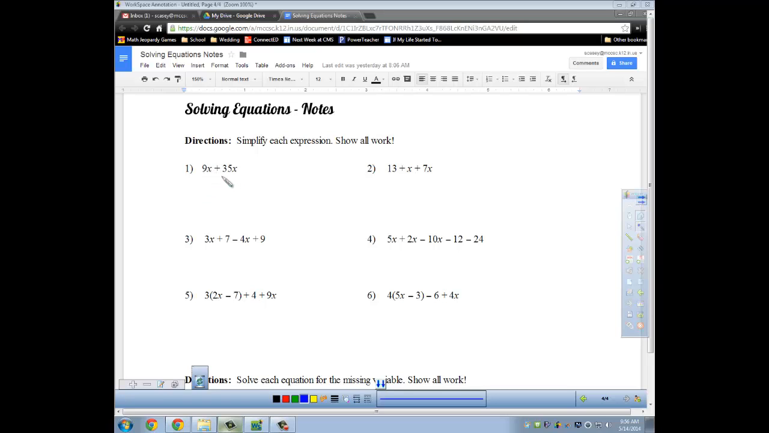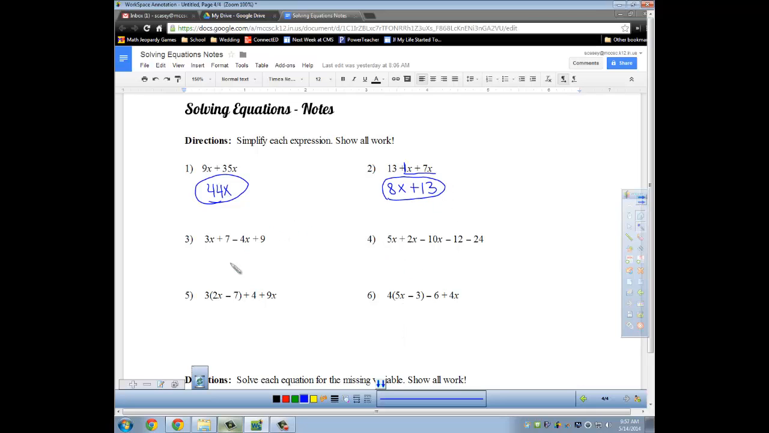So 9x plus 35x will give us 44x. So that one's pretty simple. Number 2, I have 13 plus x plus 7x, so remember to put your x's together. Remember that's a 1x. So 1x plus 7x gives us 8x, and then we have a plus 13. We cannot put 8x and 13 together to get 21x because the 13 doesn't have an x, so you can't